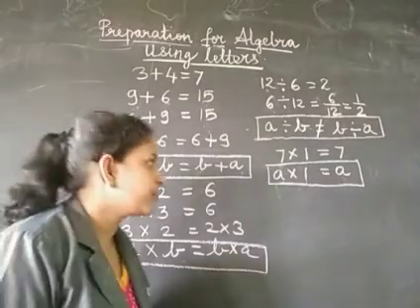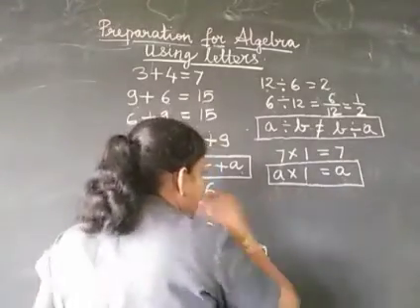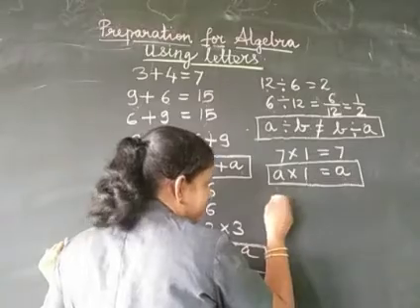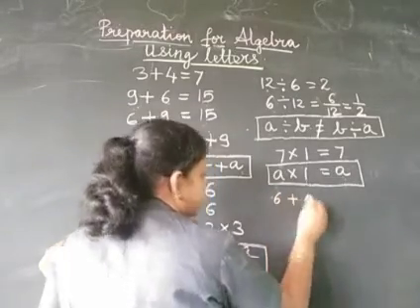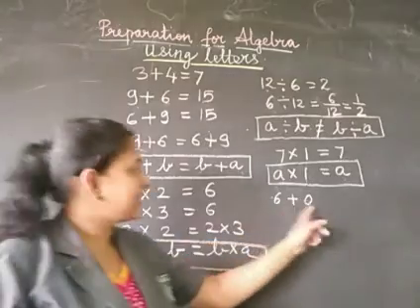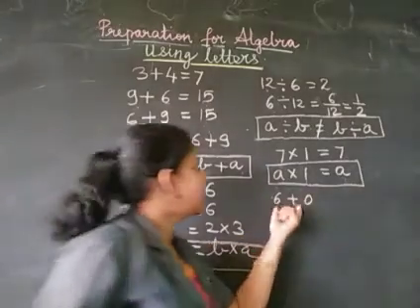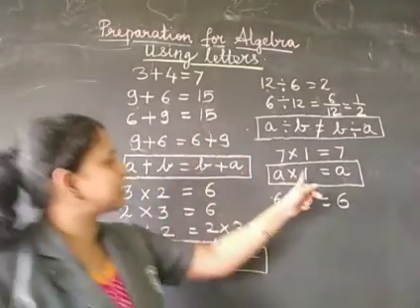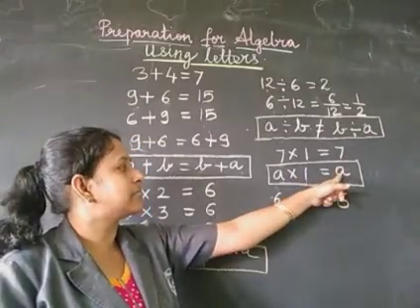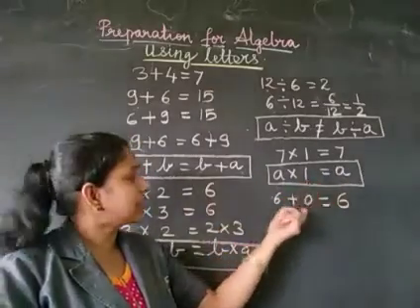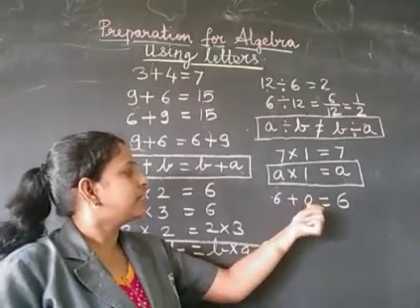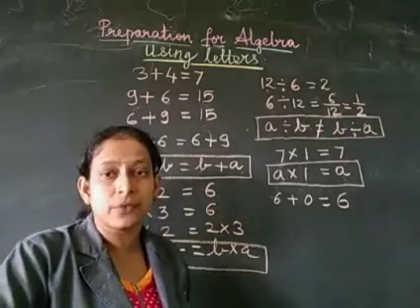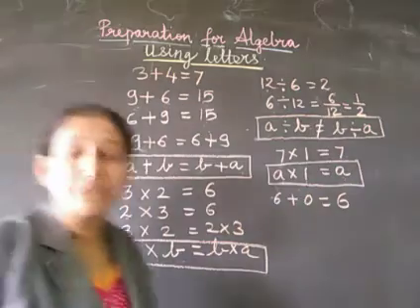Let's see some more. You have also learned previously that if you add 0 to any number, let's suppose that number be 6 plus 0. Now in the case of addition, if we add 0 to any number, we are getting the sum as the number itself. Correct? In multiplication, you get the same number when you multiply it with 1. But in the case of addition, if we add 0 to any number, we get the number itself. So again, one more rule, one more property, one more formula we can write here.